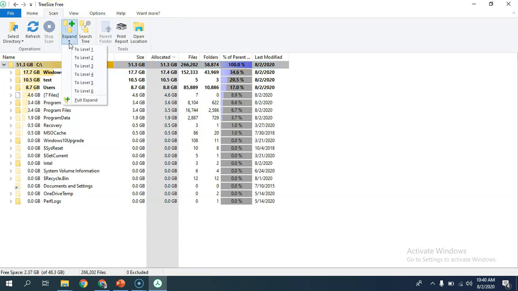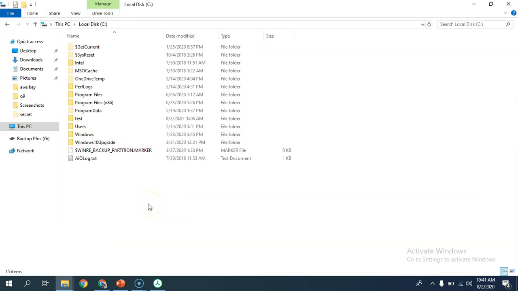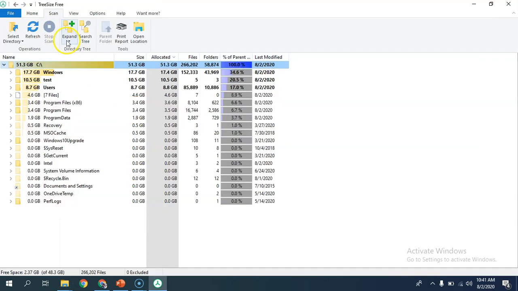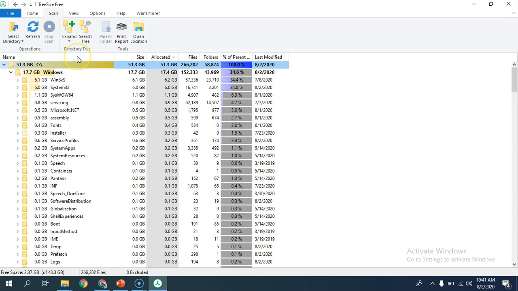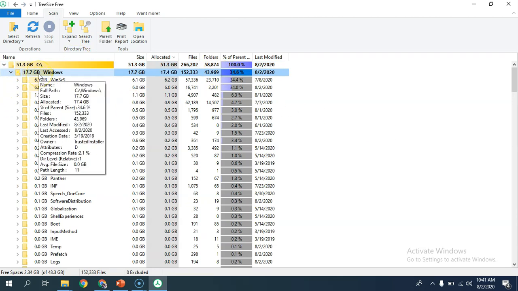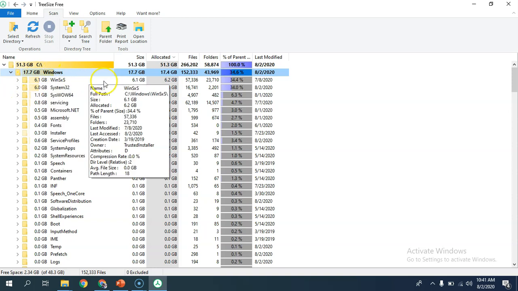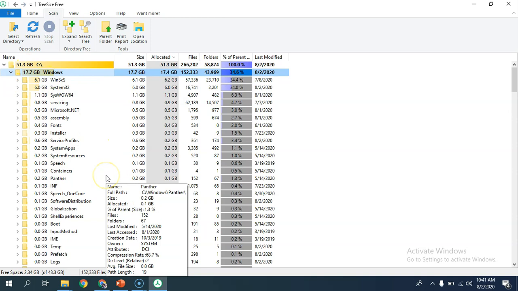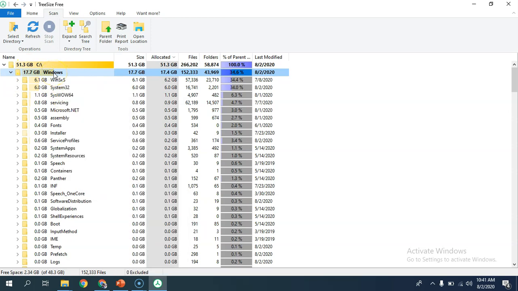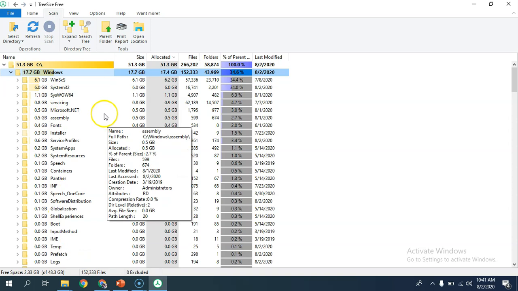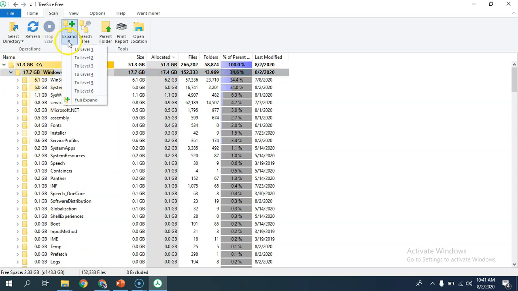Expand. So basically it gives an option of expanding to the level which we want. Right now it is at level 1. Basically it is showing all different directories and it is not showing the folders inside it, right? But if I expand to level 2, see what it is showing. Apart from telling that 77.7 GB is occupied by the Windows directory, it is also telling all different subdirectories which are available within this, how much disk space they are using, right? So I need not manually expand and see all different files.